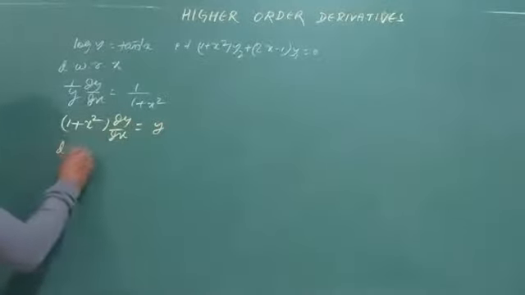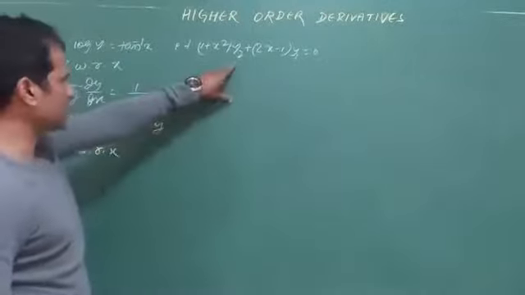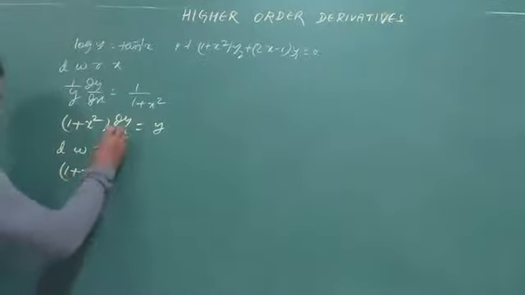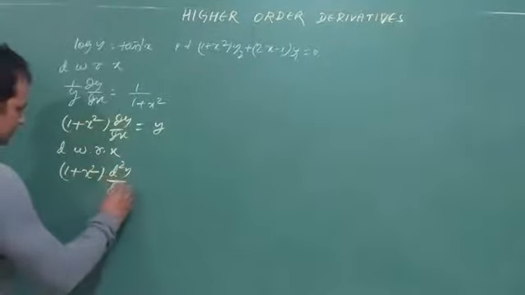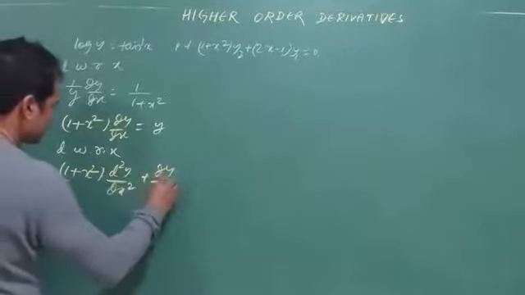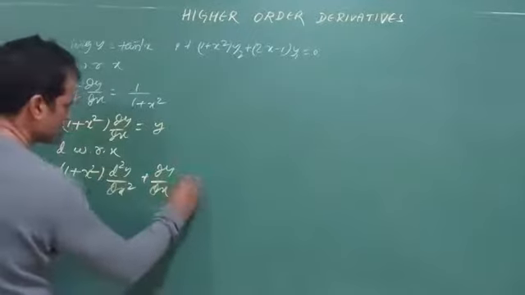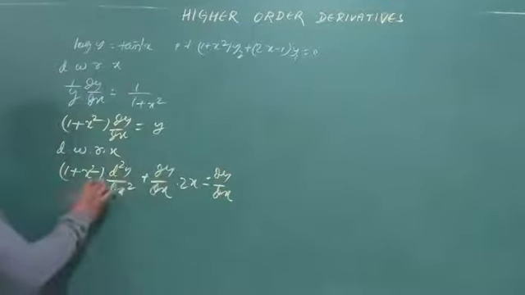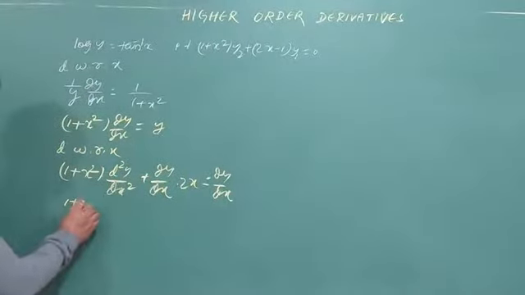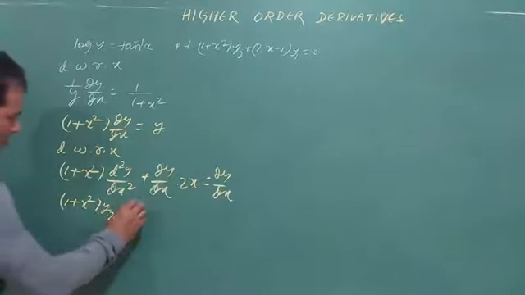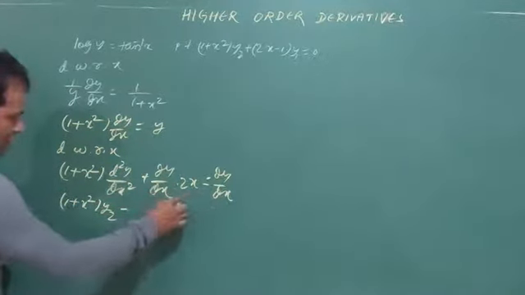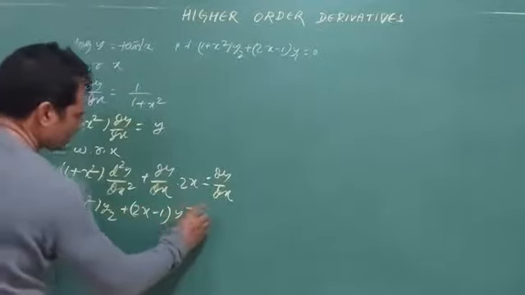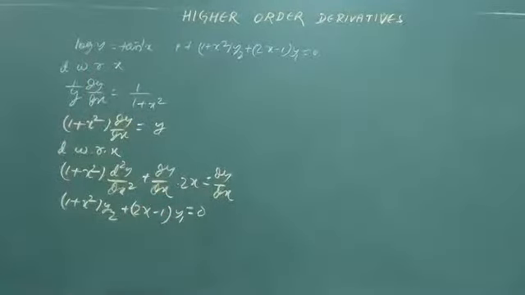Now differentiate again with respect to x, because I have to go for the second order derivative y2. 1 plus x square silent, dy by dx derivative d2y by dx2, plus dy by dx into 1 plus x square derivative 2x is equal to y derivative dy by dx. Now just replace them with their y1 or y2 values. 1 plus x square y2 plus 2x dy by dx minus dy by dx. So 2x minus 1 dy by dx y1, you got your answer. Alright, next question.